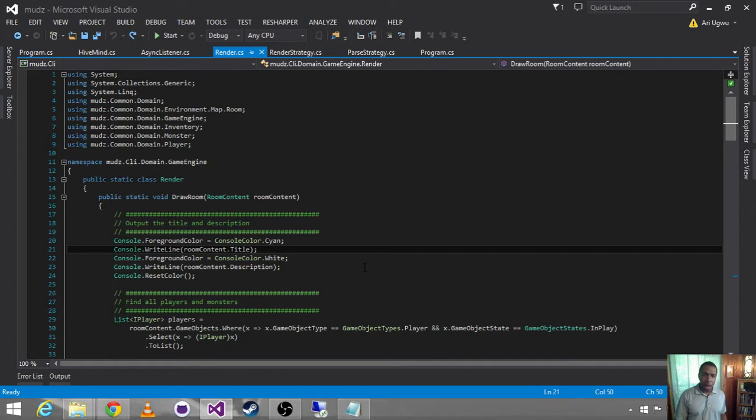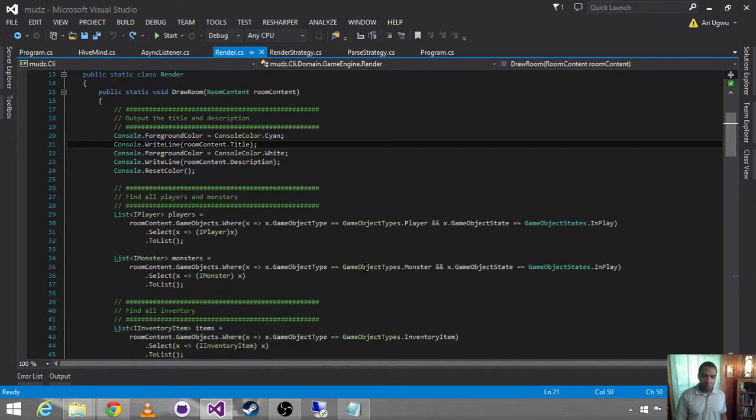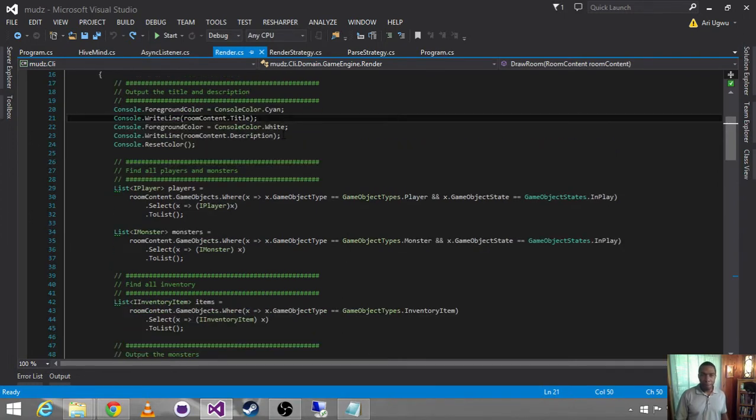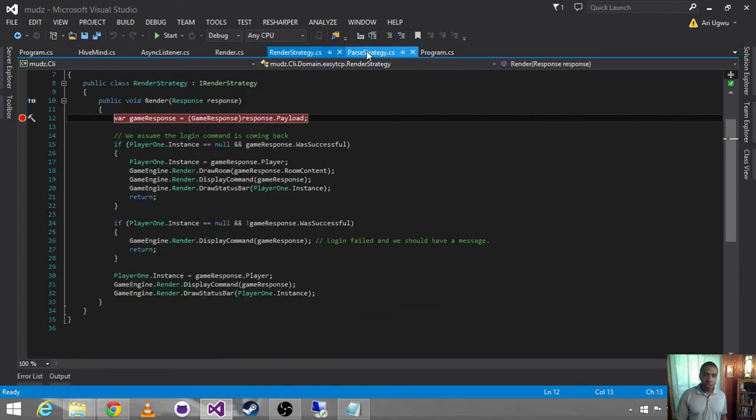Mainly that object not set to an instance of a, or the null object exception. Namely there, because the places where our code should fail are at the point of exposure. So we did the strategy pattern so that I write a parse strategy and a render strategy. And then on the HiveMind side, it's got a strategy as well to receive commands.